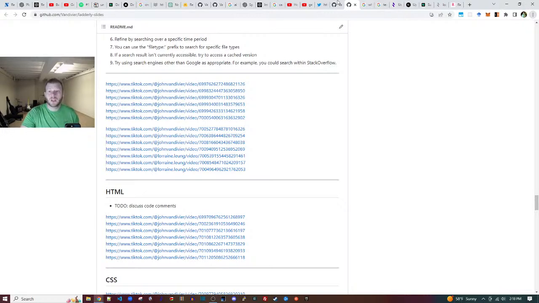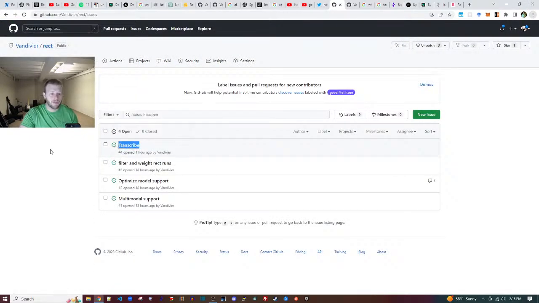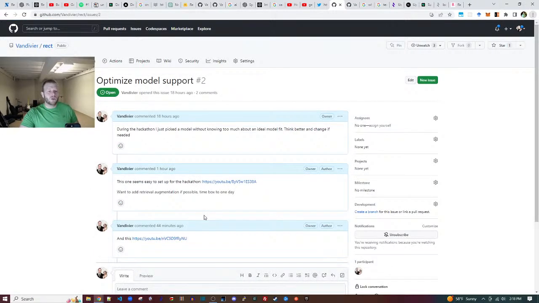Let's get into it. The main thing we're prioritizing today is transcription. You can see there's 4 issues here. Transcribe, that's the main one we're looking at today. If we have time, we will also get into picking the LLM. There's a bunch of options, and I don't know what the right option is, and I don't want to spend too much time on this. It is a hackathon after all. If we can make it work at all for the purpose of the hackathon, then next month or next year, when the newest, coolest AI model comes out, we can just use that one. So we can pretty much use any model. We don't need to be too picky.